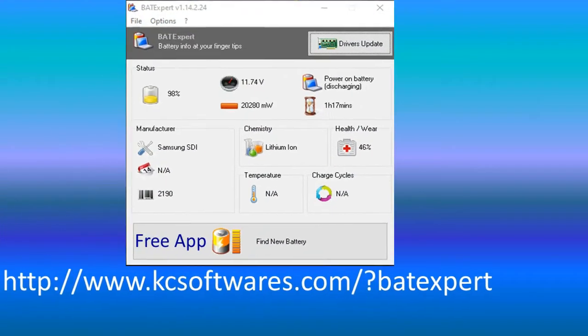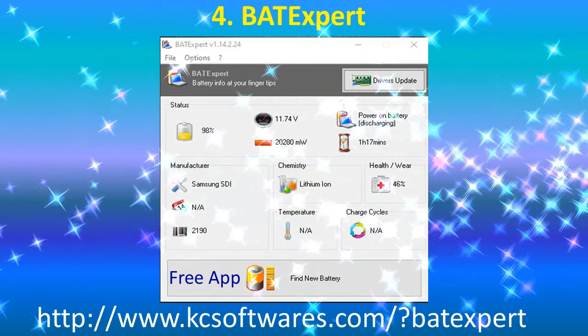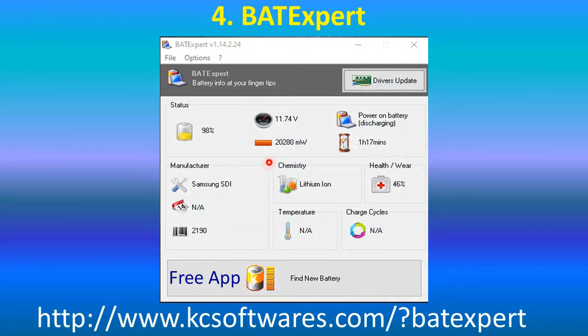Number 4. BAT Expert, that is Battery Expert. This is a simple app shown on the screen, and the download link is as given below. This app is very simple to use, and it shows the status of the battery, voltage levels of the battery, and the power state of the battery, that is charging or discharging, and the time duration in minutes.